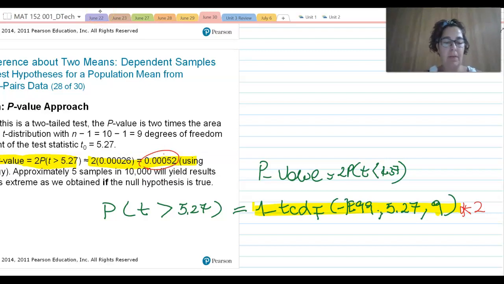So follow these commands, if you will. We're going to go 2 times, and then you need to open parentheses because of PEMDAS. Then 1 minus TCDF, which is in the second distribution menu, and TCDF is number 6. Lower value -1 E99, upper value 5.27, degrees of freedom 9, because this is a sample size of 10, and close that parenthesis and hit enter. So you should be reading the p-value here